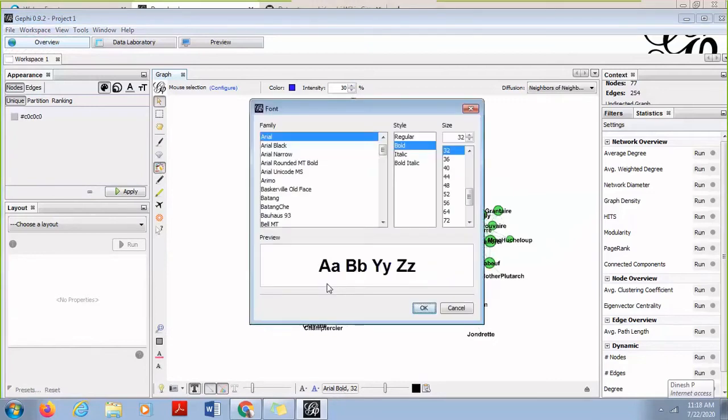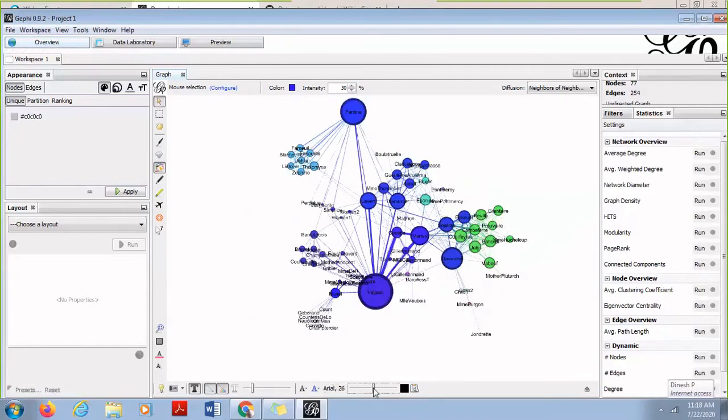All that can be selected from here. If I do not want bold, I want regular, I can select that. I can select the size also, and then I can say OK. And then here is also a possibility where I can select the size of the text, whatever size I want. I just have to drag it and I will be able to see.